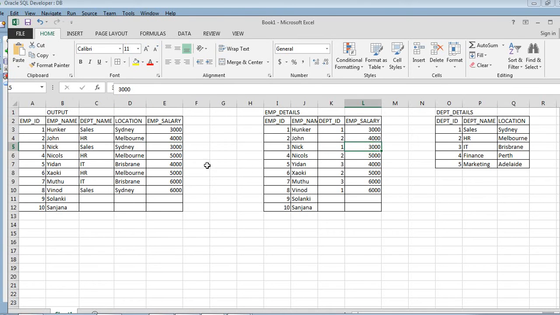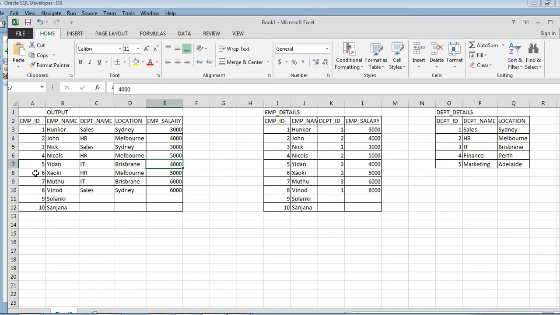Like that, let me come to the fifth row. For employee ID 5, EMP name is Idan. For Idan, department ID is 3. Department ID 3 means department name is IT and location is Brisbane. So as it is reflected over here, for Idan, department name is IT, location Brisbane, and EMP salary is 4000.